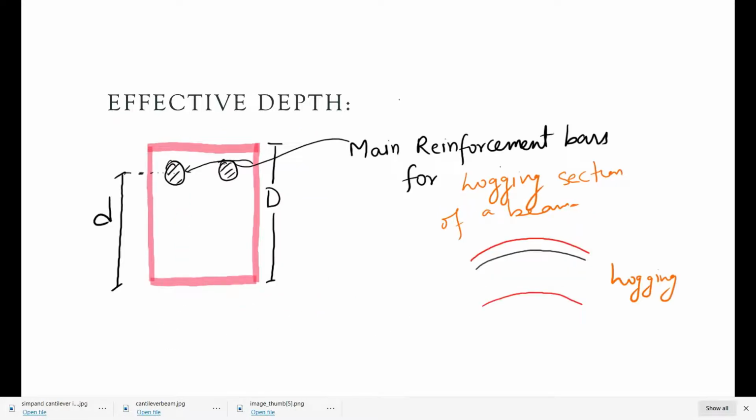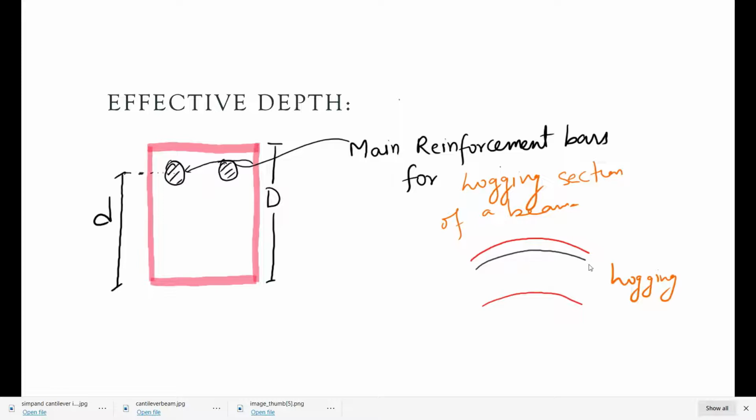Now at this position, the main or tension reinforcement bar has been provided near the top fiber. This section is possible when the beam is hogging.